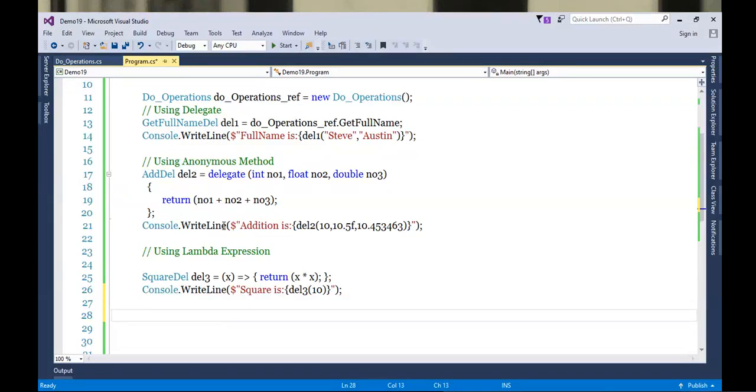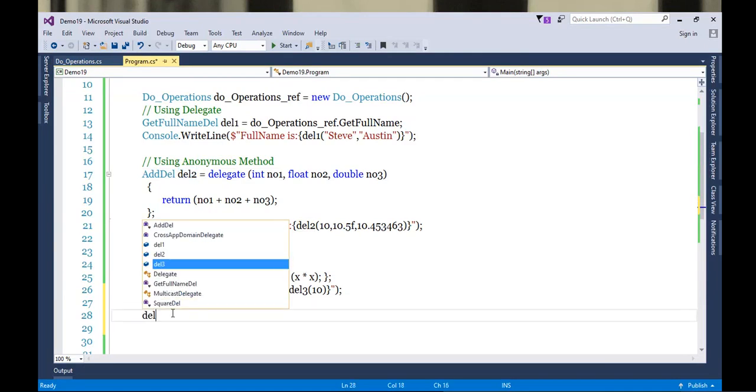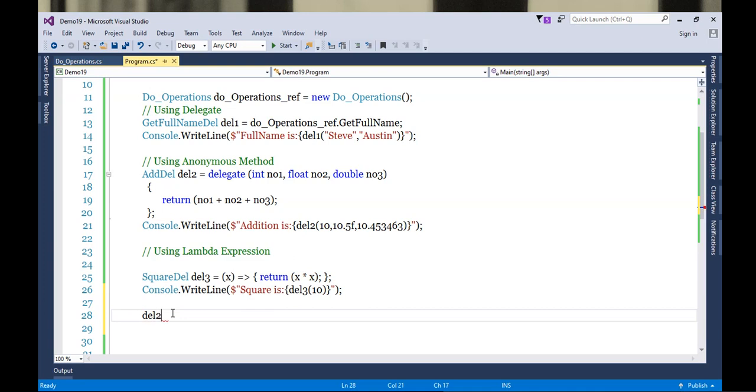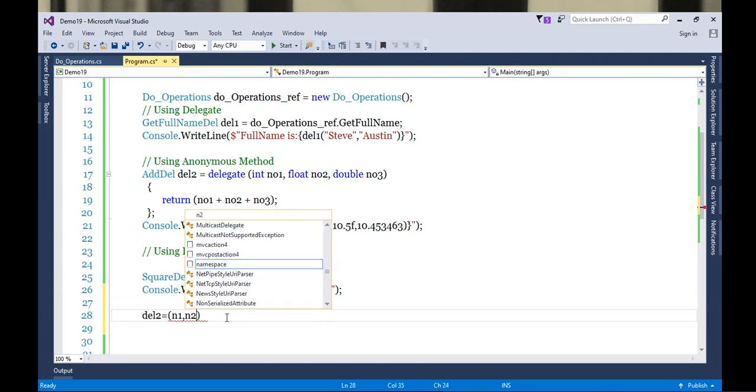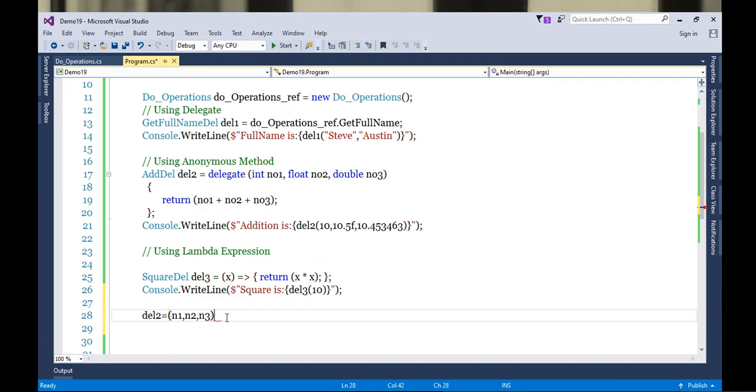So what I'll be doing, I'll be reusing this delegate reference. Okay, so let's reuse it. So delegate 2 equals to. First, what do I need to specify? Arguments. How many arguments do we have? 3. Is there any need to give data type here? No. So simply what you will write? N1, N2, N3.